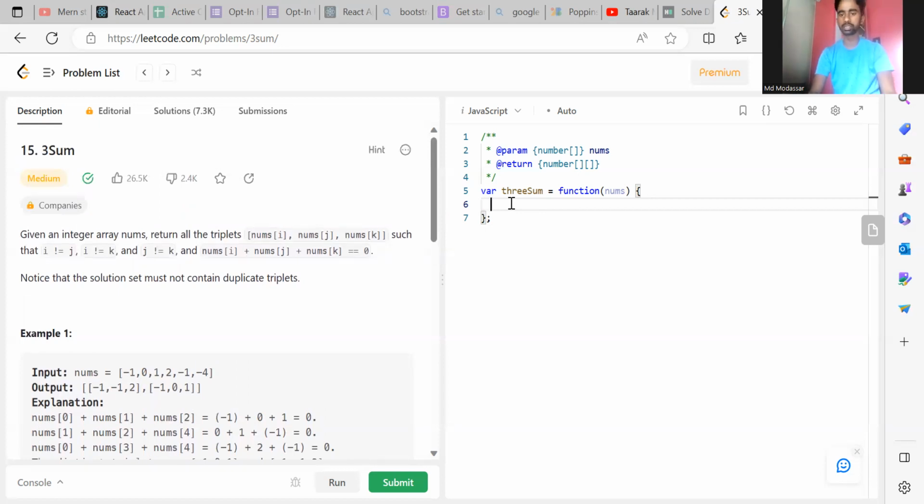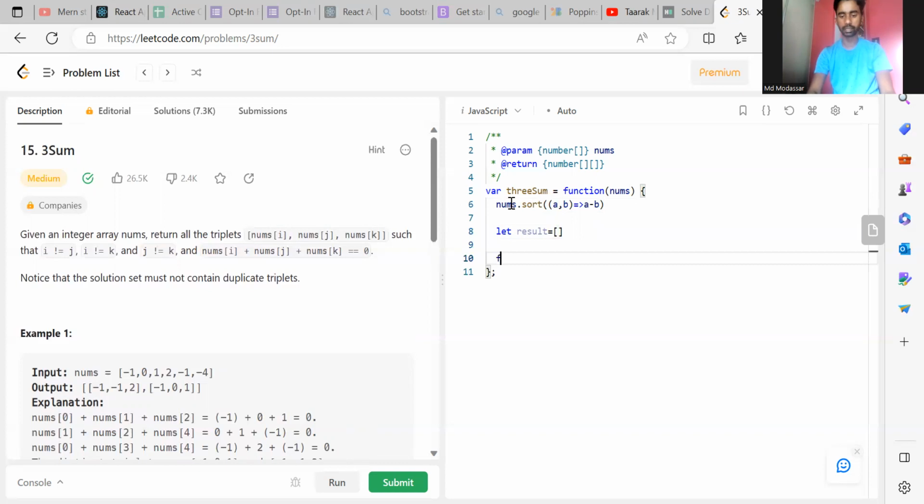I will start by sorting the array. I will use the sort method of JavaScript, passing a and b, and returning a minus b. Then I will declare a result array, inside which I will push the combinations. After that, I will use a loop for